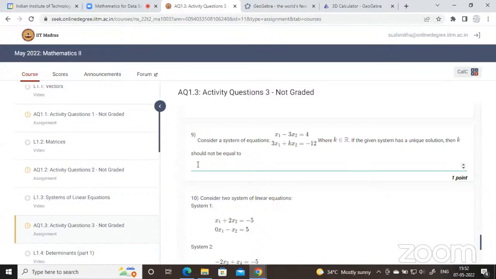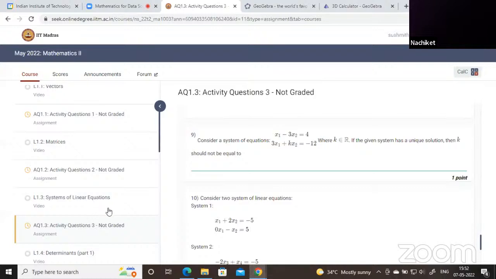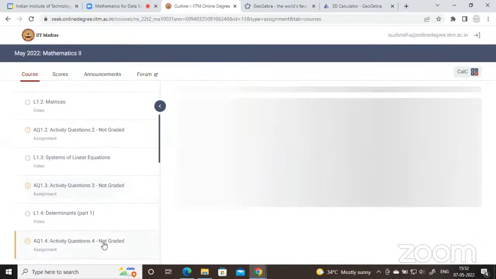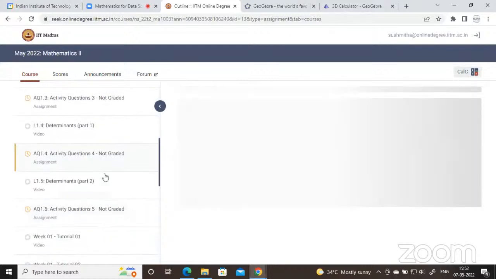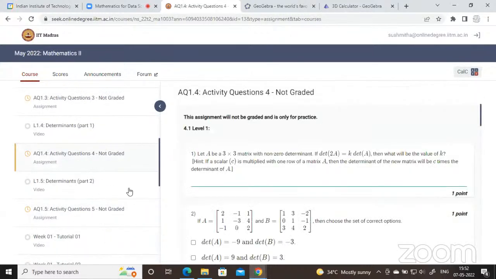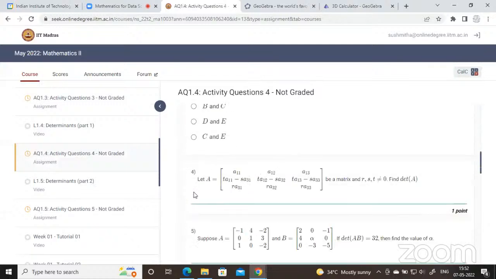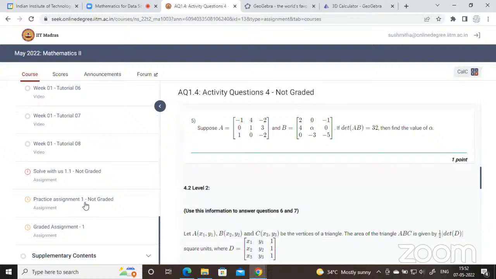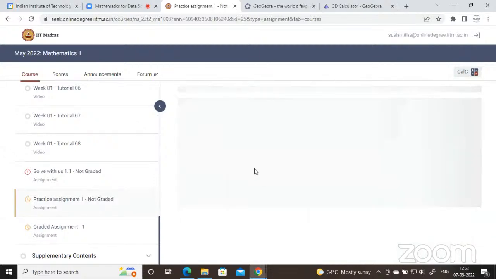One more question, practice assignment, ma'am, 1.47. It's practice assignment question number 8. Oh, one second. 1.4 we haven't covered, right? Determinants we haven't covered. No, we haven't covered it. Okay, I'll come back to that. Practice question number 8.